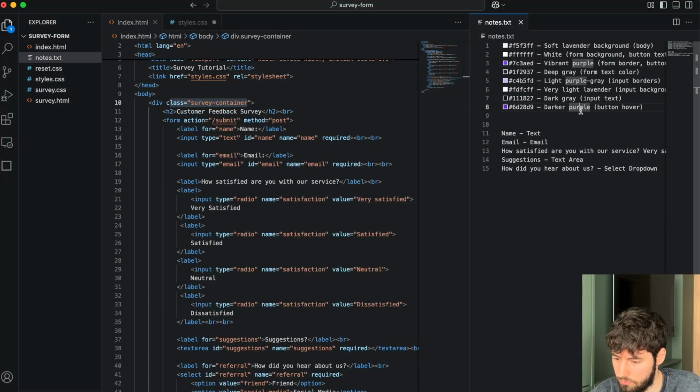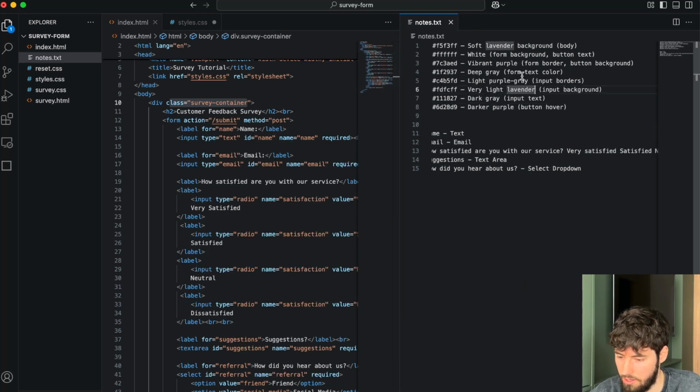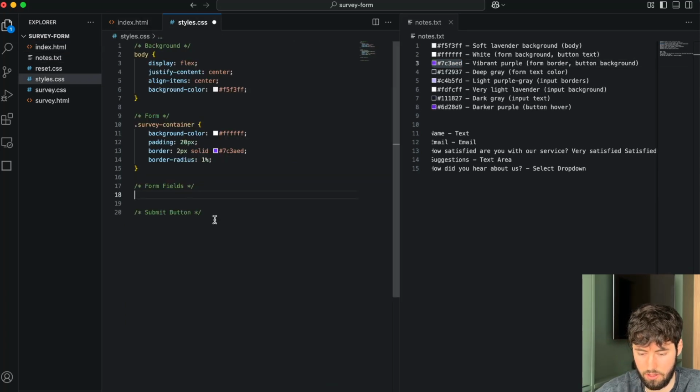Let's adjust that, and button text, button background. There we go. This is the color we want. Okay. So let's go ahead and do, let's do